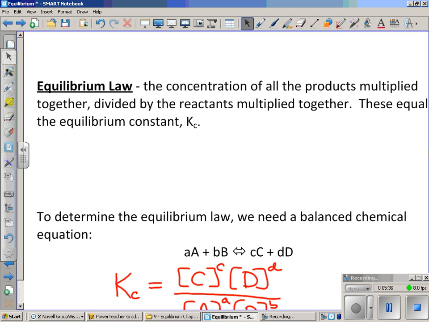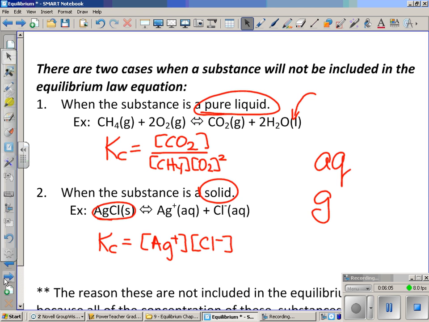All right, now you're going to be happy maybe to know that there's something called equilibrium law. Just like there's something called rate law. Rate law has to do with kinetics. Equilibrium law has to do with the equilibrium part, the flat part. I say maybe because some of you have to work at getting the rate law. You had to figure out what X was, what Y was, what K was. Well, here's the good news. Equilibrium law, much, much easier. Like ridiculously easier. What the equilibrium law is, in a very, very simplistic way,